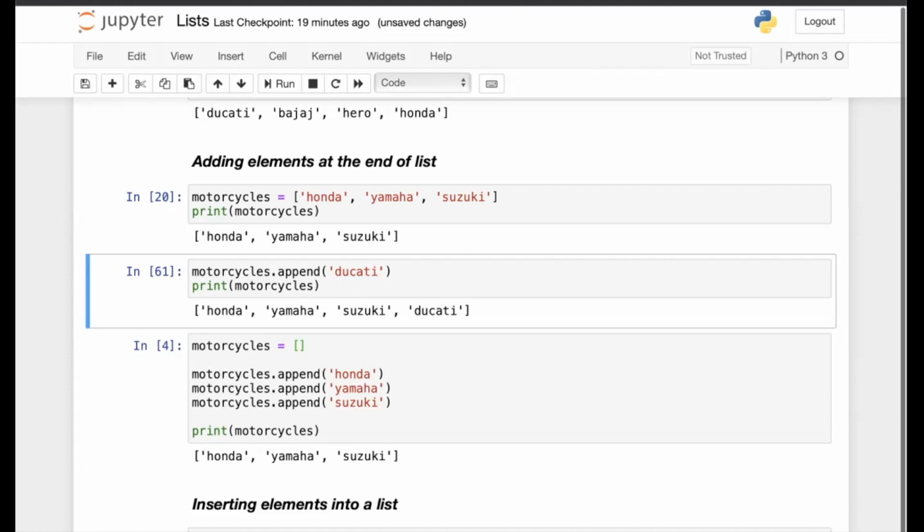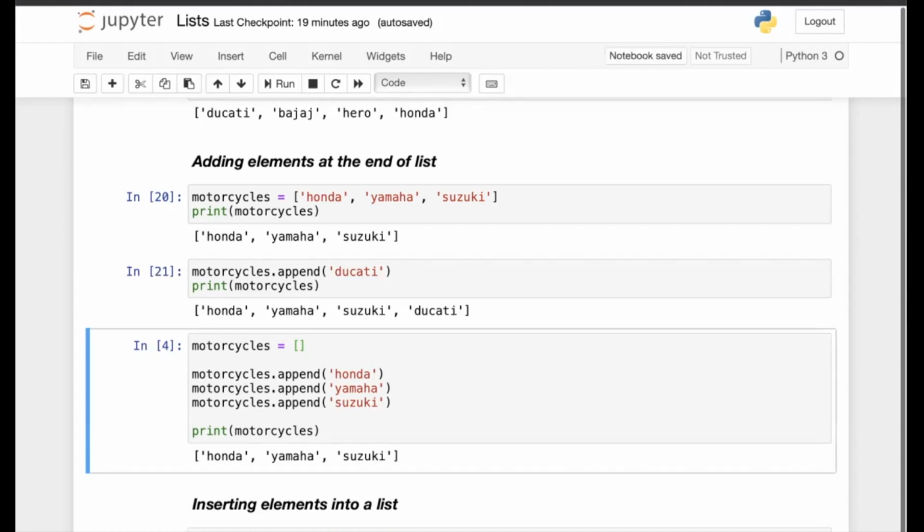So motorcycles dot append, and then you pass the argument, the item that you want to append. I pass Ducati as the argument. So this item is added at the end of the list motorcycles. Initially it had three items. Now after adding Ducati, it has four items.